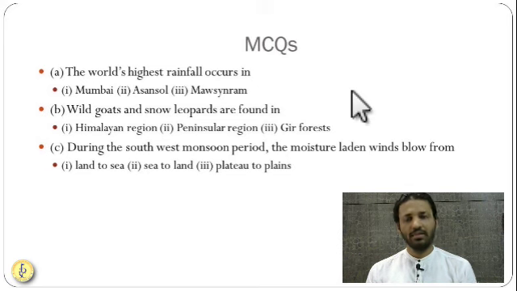This chapter will definitely be covered in detail, so right now you just understand. They attract the trade wind from the southern hemisphere and this trade wind reaches India.